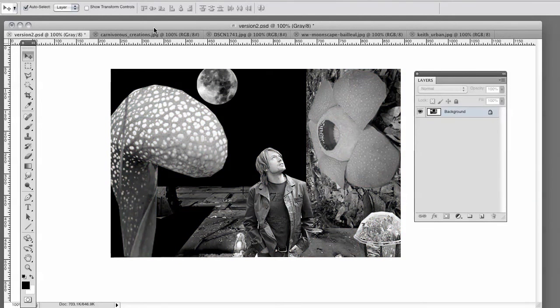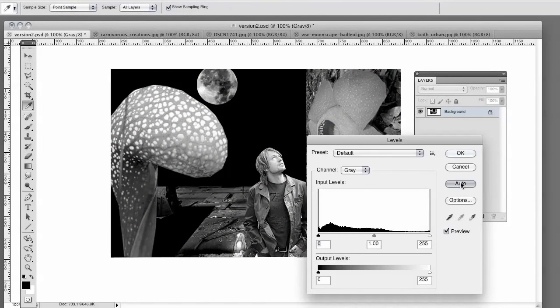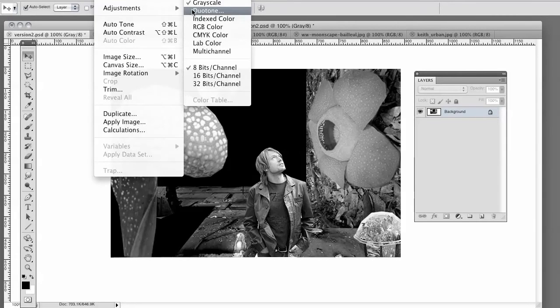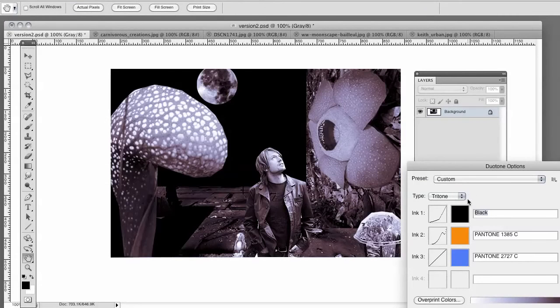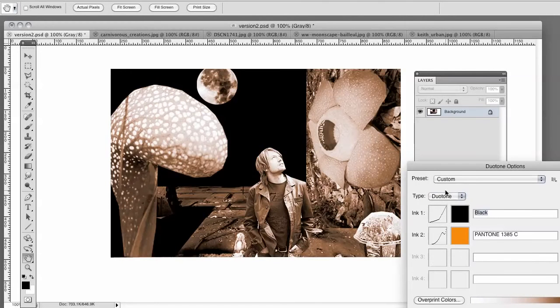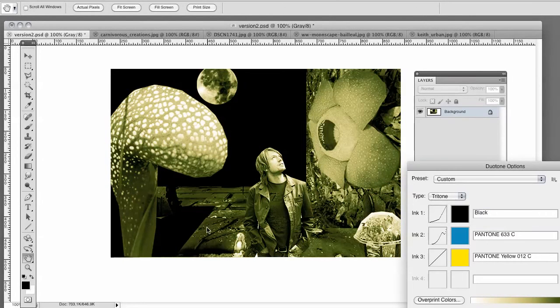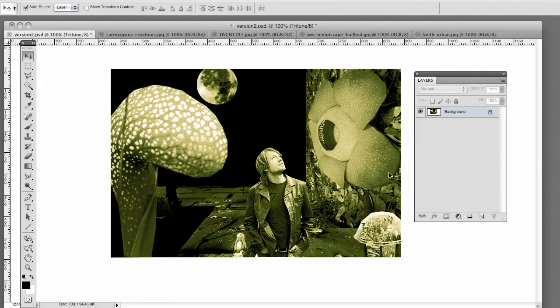And then we're going to go to, here's where I like to adjust my levels too. Auto. I'm going to go to image mode duotone. Okay, and here it's on tritone. I'm going to go duotone, and let me play around with some of these colors. Okay, so I went with a tritone here, and I'm going to desaturate this, because what I'm looking for on